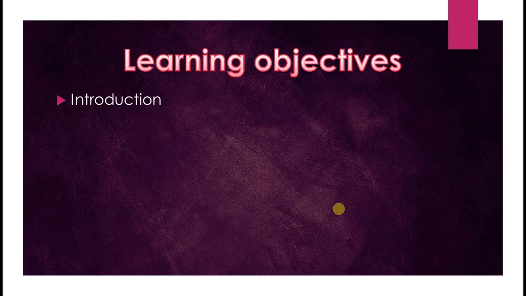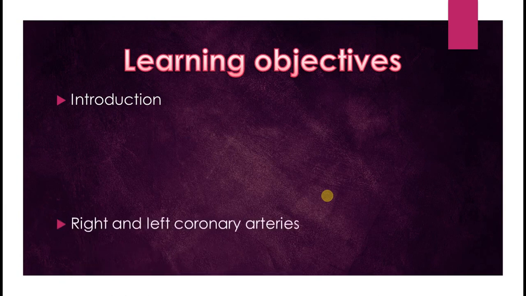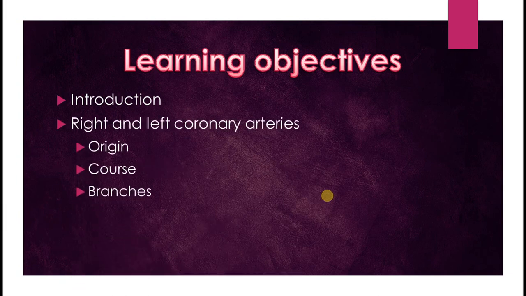Followed by that, the major discussion on today's topic will be about the two main arteries, the right and left coronary arteries, and I will be discussing their origin, course and branches. Followed by that, we will see a little bit about the venous drainage of the heart also, and finally the applied